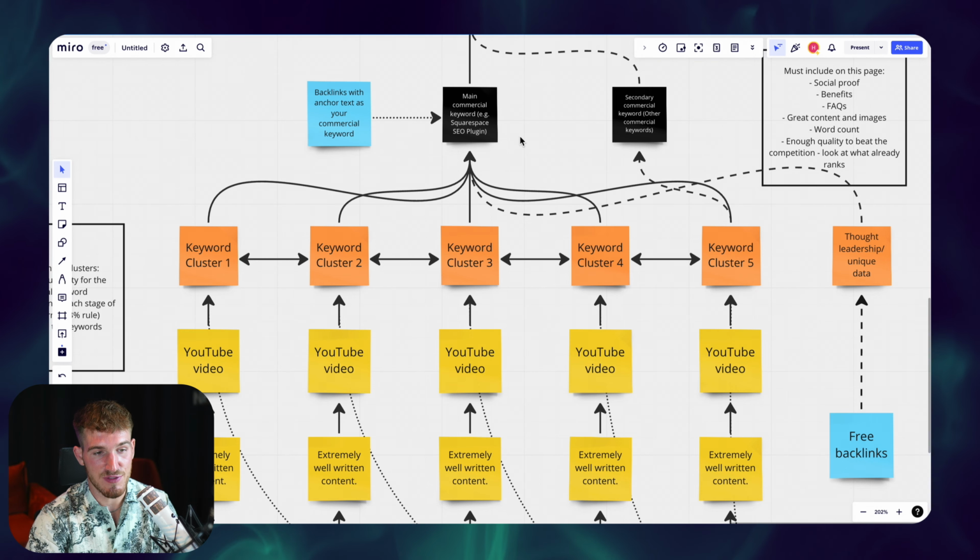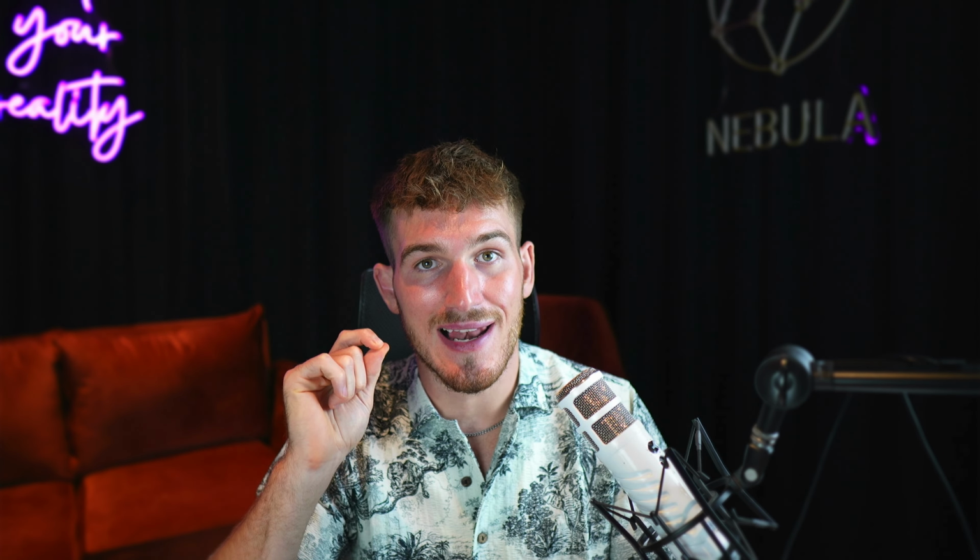I personally use Surfer SEO to help me with these clusters, but there's a number of different tools that you can use. Essentially, you want to have these keyword clusters as articles that internally link back to your commercial page. This is going to increase the likelihood of that page ranking, but also the benefit of these clusters is that you'll capture target customers' eyeballs and attention